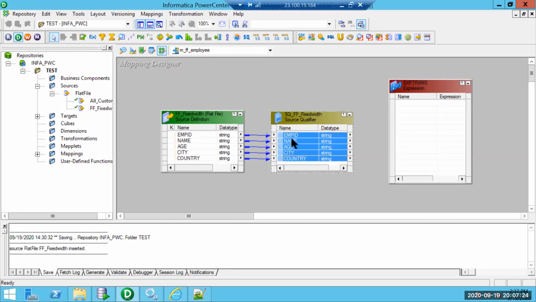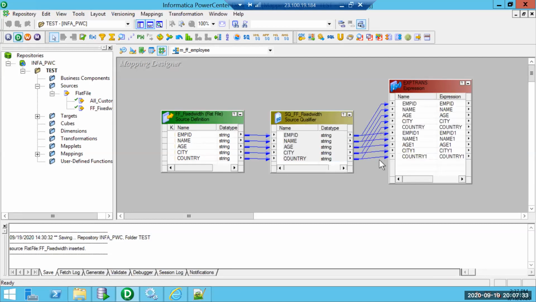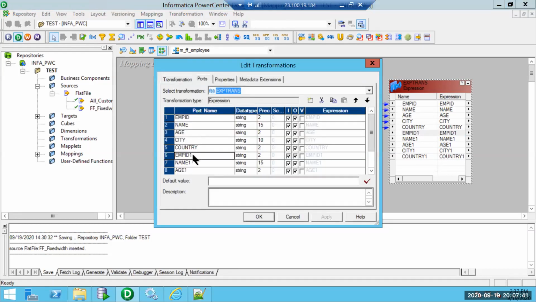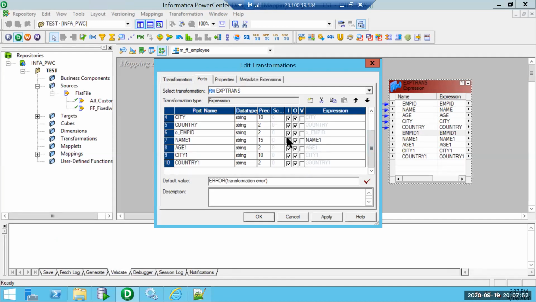Usually I'll have all the columns in place, then the same set of columns again. I'll just remove the links, remove the suffixes, and make it O underscore.